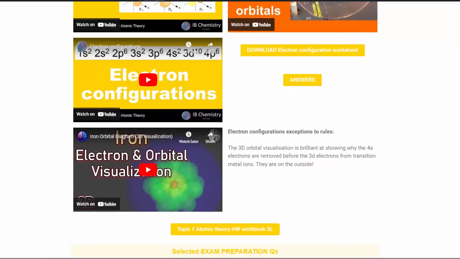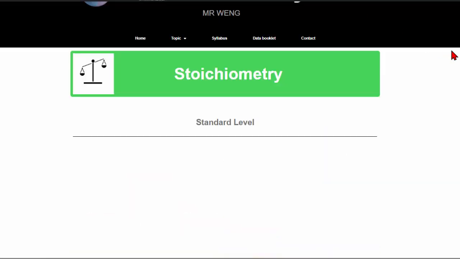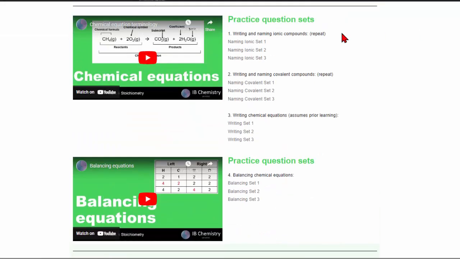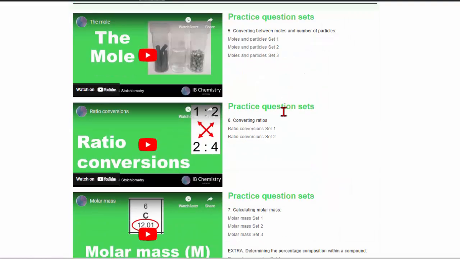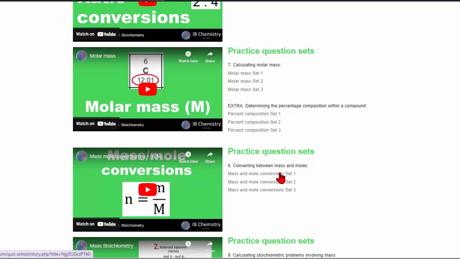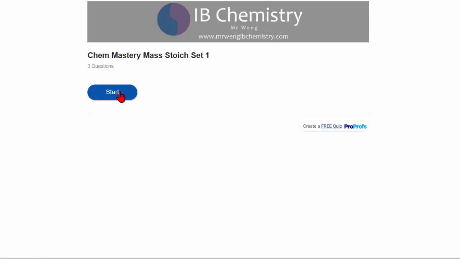And so in the past, I've always found the big need was obviously for stoichiometry. And so these stoichiometry ones are now much, much better because they have fully worked answers. So if I go to any of them actually, if you click on them and do them and you don't know how to do the answer,